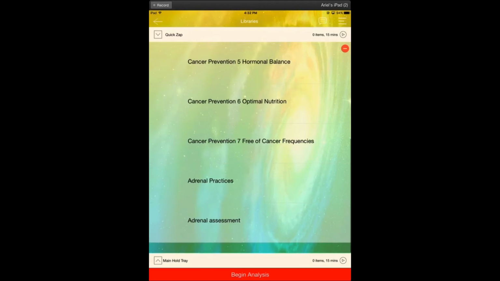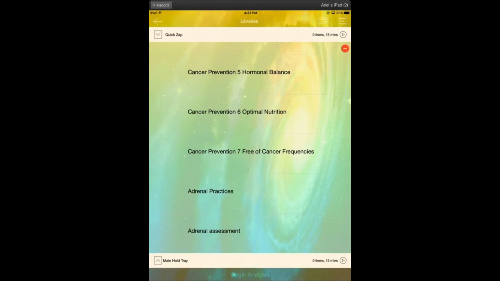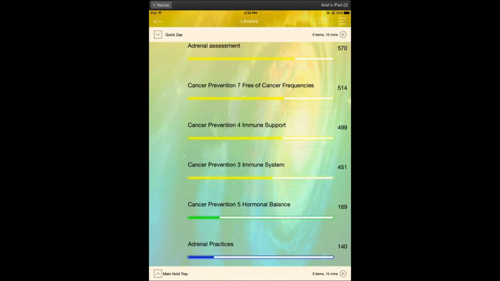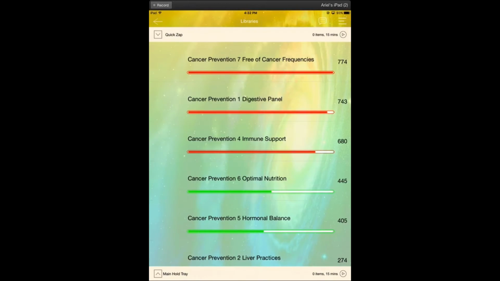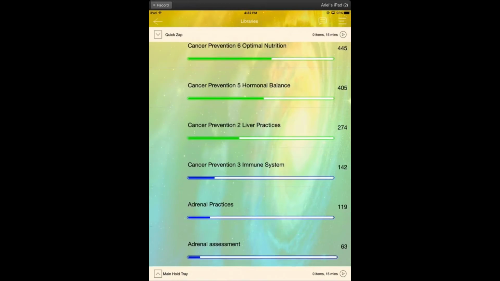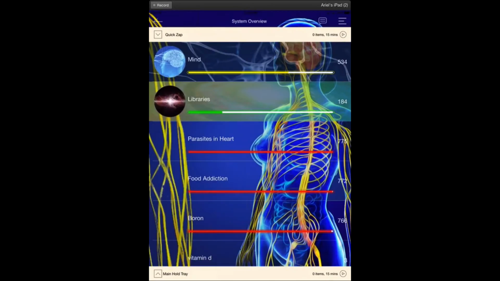Okay, now I don't know what is going on here. I must have added these previously. So here's adrenal practices and adrenal assessment. So Sandy, to answer your question, they don't need to be turned up. You don't need to go back to the beginning. You did originally, but now you don't. They're right here, and you can scan all of them instantly without having to go back out. Okay, so that's great. Also, more things that have been taken care of.